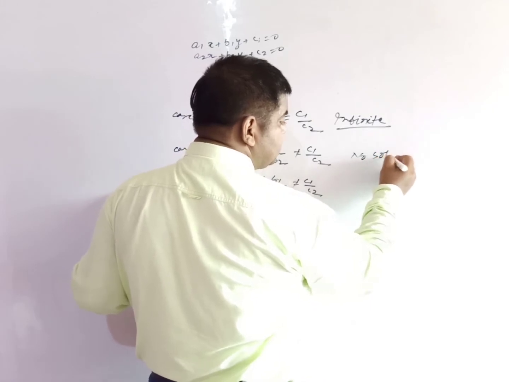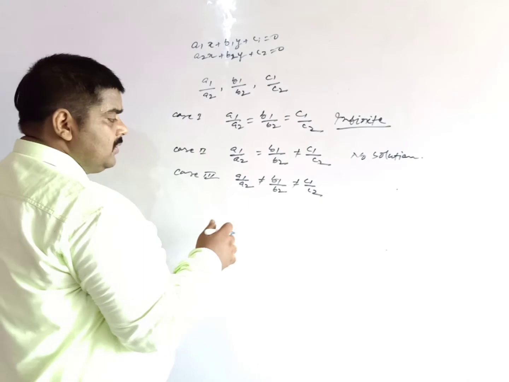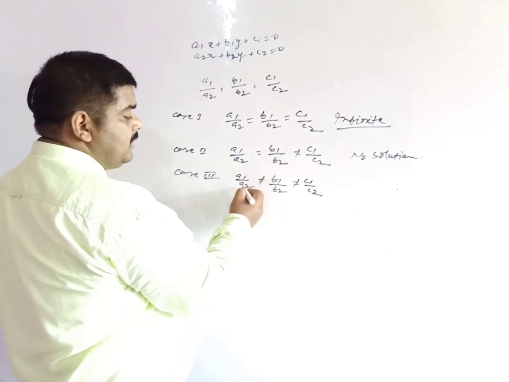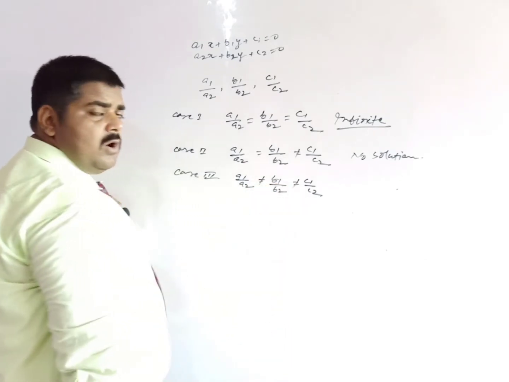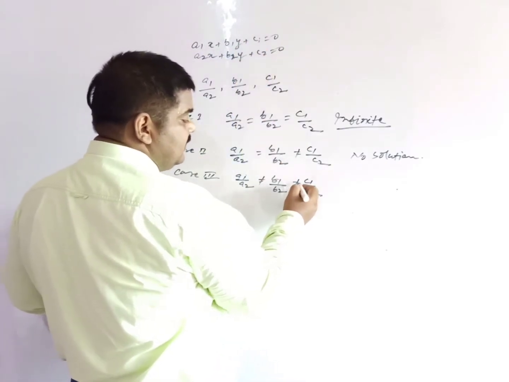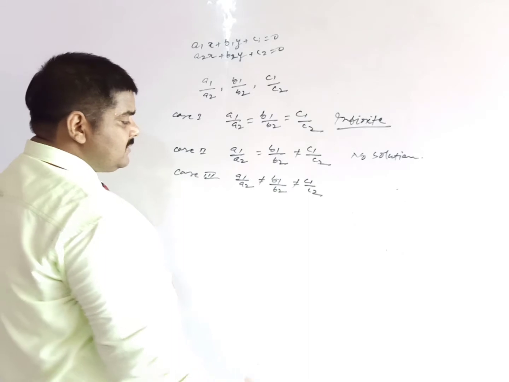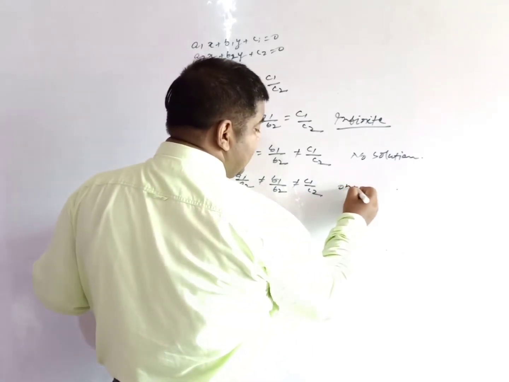No solution is possible. And in the third case, when the ratio of the coefficients of x of both the equations does not equal the ratio of the coefficients of y of both the equations, which does not equal the ratio of the constants, then it has one and